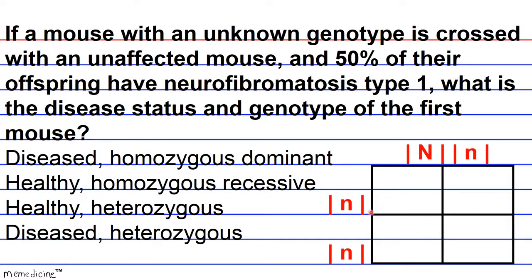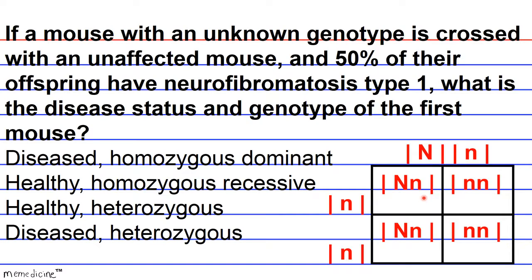So when the unaffected homozygous recessive mouse is crossed with the heterozygous mouse, healthy or diseased, whichever, it has to be one of these, because you're either heterozygous and healthy or heterozygous and diseased. Well, let's take a look and see what happens. So we have here that 50% of the offspring are diseased, and in order to have neurofibromatosis type 1, 50% of the offspring